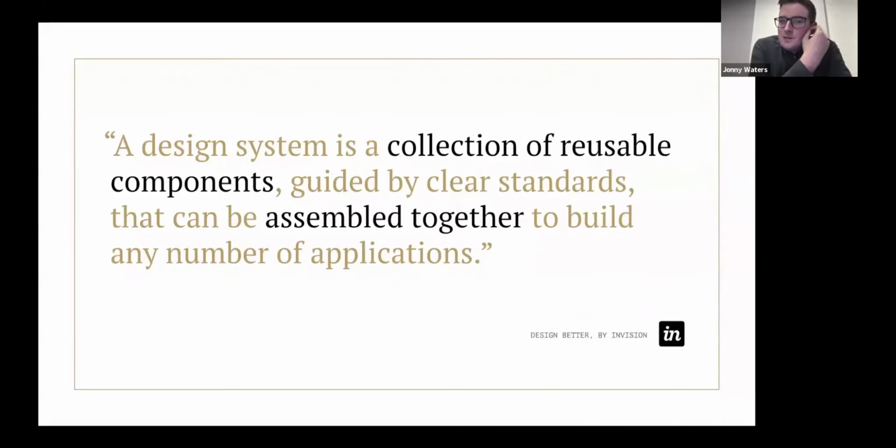But actually, if you were to switch out the first three words of that quote, it could also pretty easily describe what the goal of Gutenberg is. They both follow pretty much the same principles. Gutenberg, as that says, is a collection of reusable components that are assembled together to build an application or a product or a website. And like I say, they all strive for the same goal,